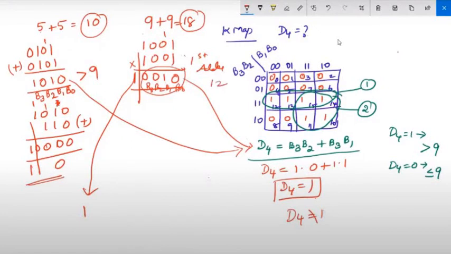With this B3, B2, B1, B0 alone, if we consider for checking whether we need to add 6 or not, sometimes the answer may end up wrong because we have a carry over here, right, which indicates the number is greater than 9. We are supposed to add 6 with that, right? So what we are going to do is, whatever the answer expression we got in the D4, that should be connected to the OR gate, and the other input of your OR gate should be your carry.